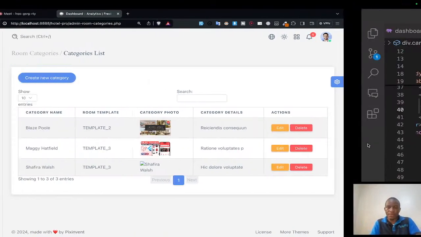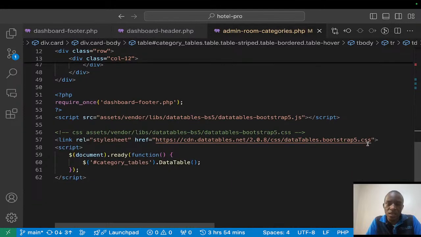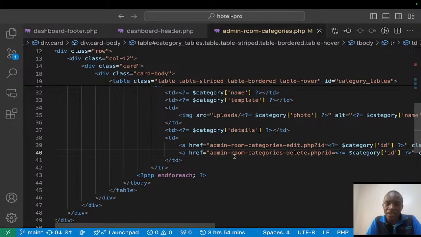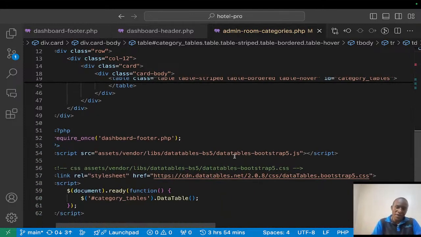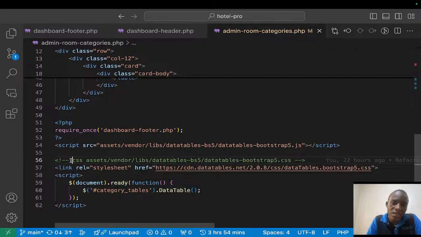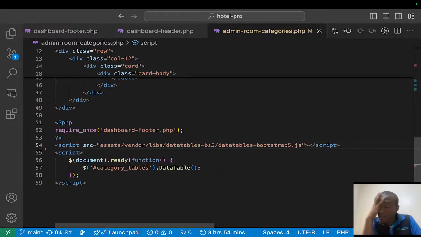All right. So after doing so, we finished creating the table. However, we did not stop from there. So the next thing that we did, we had to add what? We had to add the data tables. So data tables is a library of,